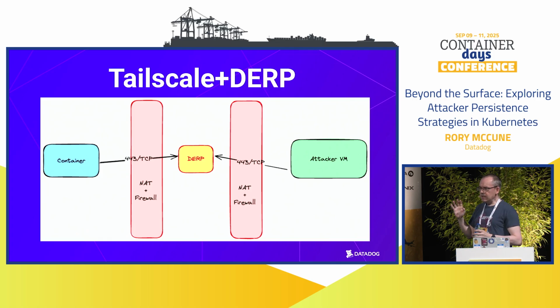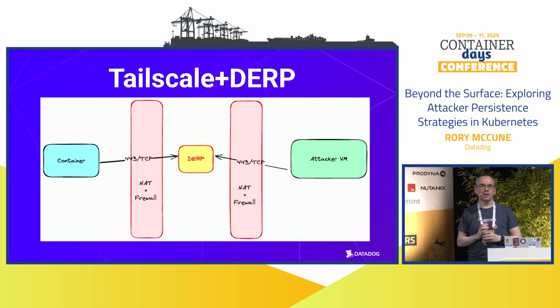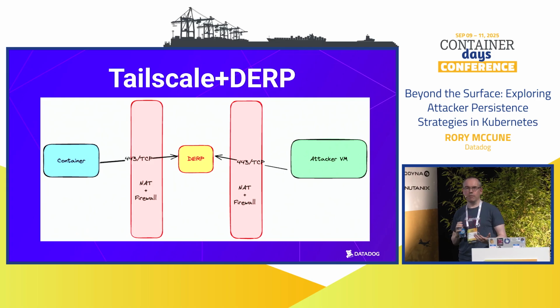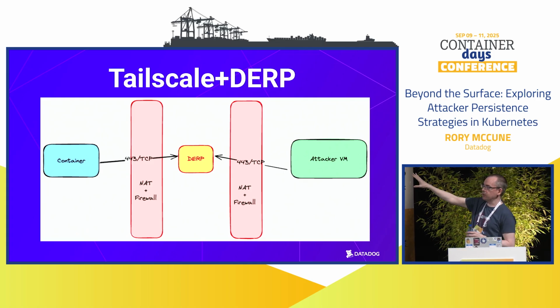So if Tailscale can't get access any other way onto its network, it uses their relay network. Tailscale maintain a relay network. All the attacker needs to have in terms of outbound access is 443 TCP outbound. Now that is the most common thing to be allowed out of networks because it's TLS connections to the internet. So most clusters are going to let that connection out from a node to the outside world, 443 TCP. If it can make that connection, it can do the relay, and all the attackers need is 443 TCP from wherever they're coming from.